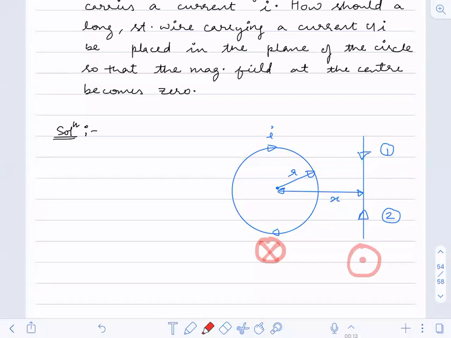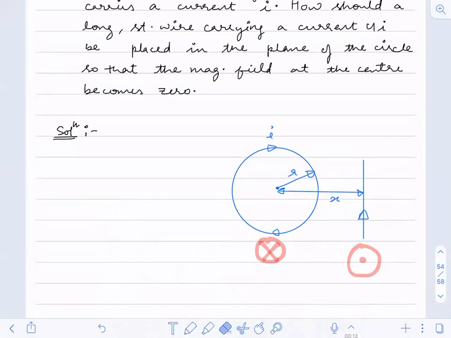Now, which current is giving you that? Just see this first one. If I take this first wire, at this point O, the center point, due to this current, the magnetic field at the center is going into the plane. So this is wrong. This is not correct. This one is correct. I hope you have understood the reason why the current should be taken in the upward direction.